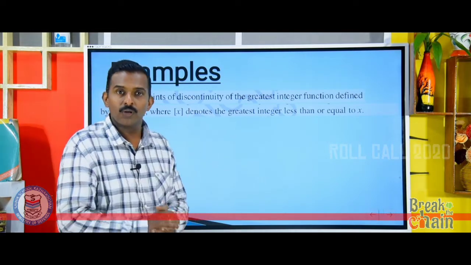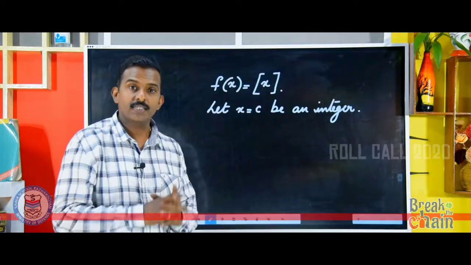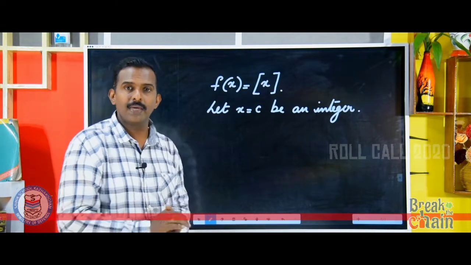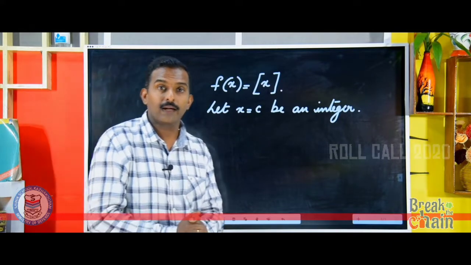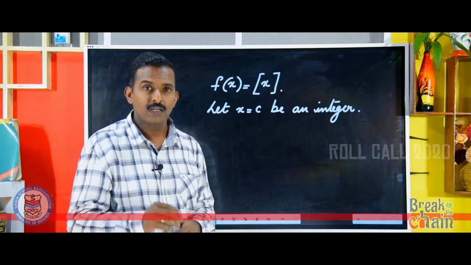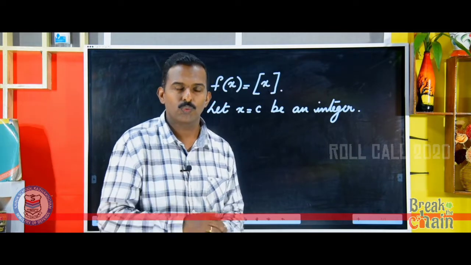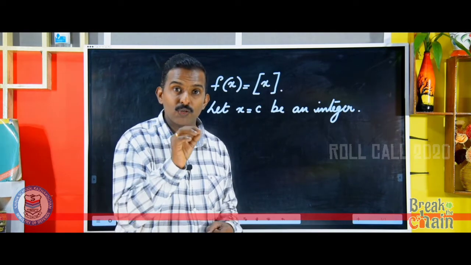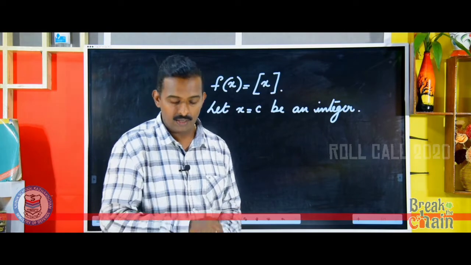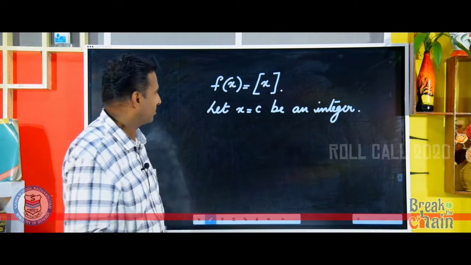Now, we will just go through how you prove that the greatest integer function is discontinuous at every integer. We will discuss the continuity of the greatest integer function at every integer. Let x equal to c be an integer. Therefore, we should calculate the limit of the function at x equal to c. But as far as x equal to c is concerned, you should calculate LHL and RHL, because if you take the integer 2, the left hand value of 2 is 1, while the right hand value of 2 is 2, for the greatest integer function. Now I will calculate the left hand limit for x equal to c, an integer.